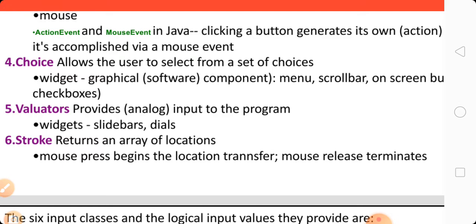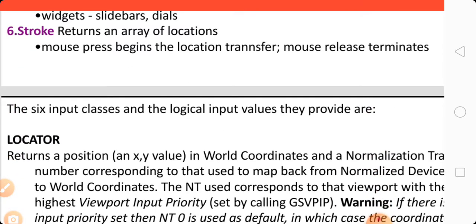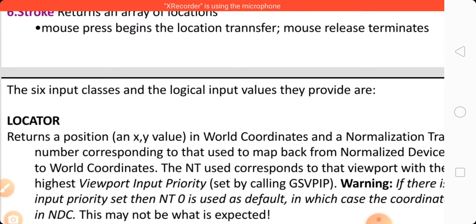Fifth is evaluator, which provides analog input to the program, that is widgets, slide bars and dials. Stroke returns an array of locations: a mouse press begins the mouse location transfer, and mouse release terminates it. So these are the six input classes and the logical input values they provide.